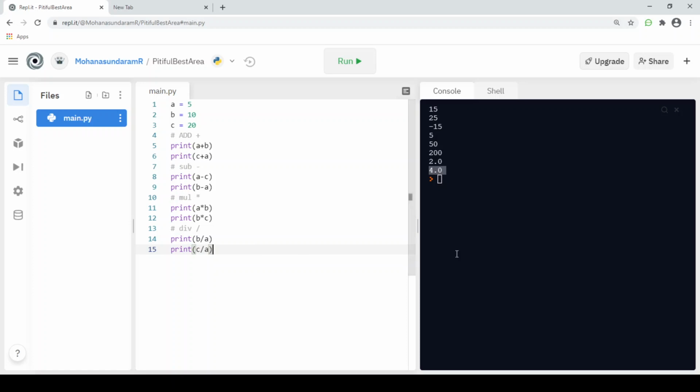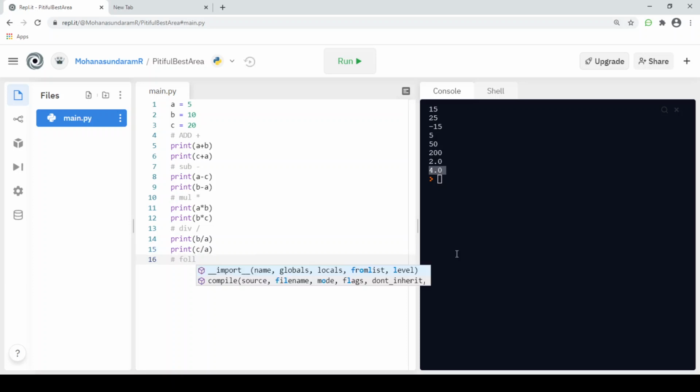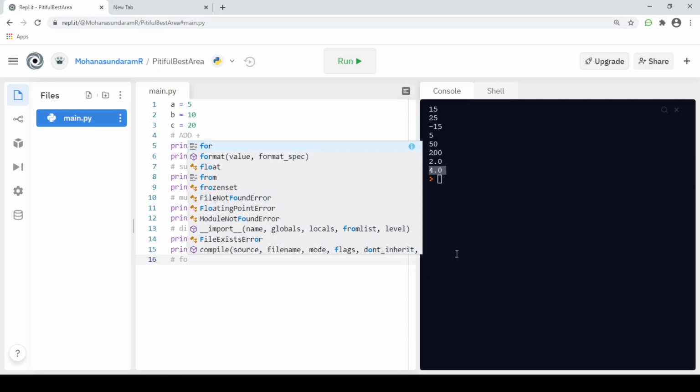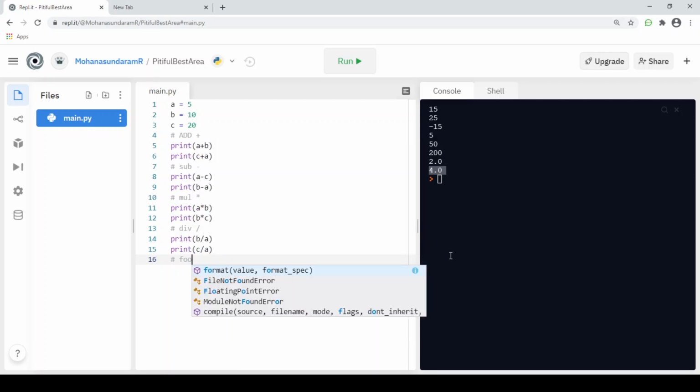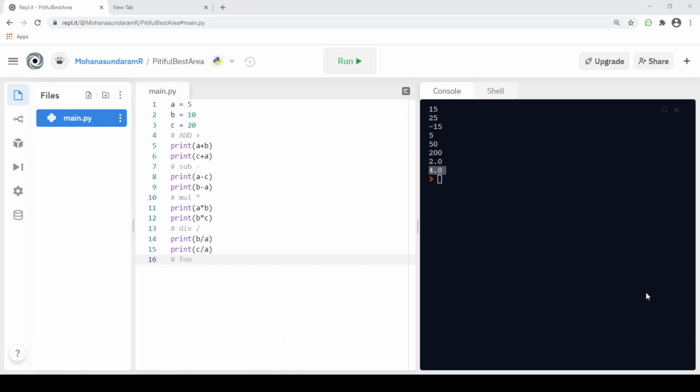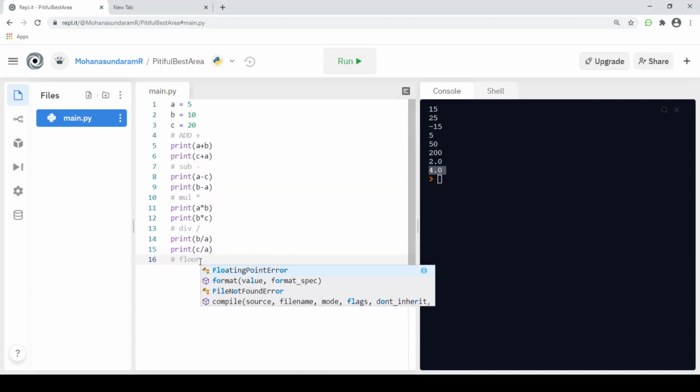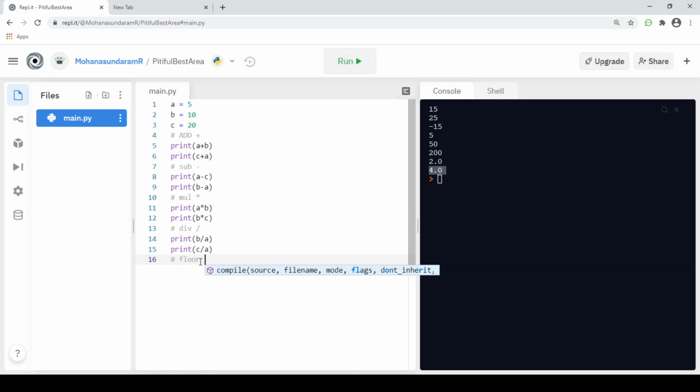floor division. In Python, we have another kind of division. It's called floor division. It is denoted by the double forward slash. When we use a double forward slash in Python, it is floor division, which will give a whole number as an output.